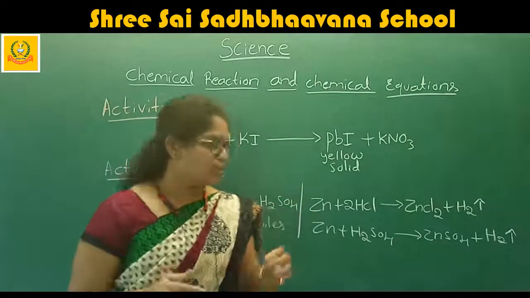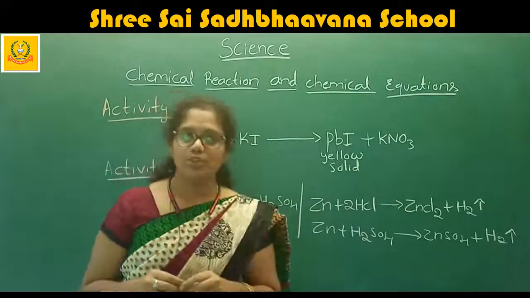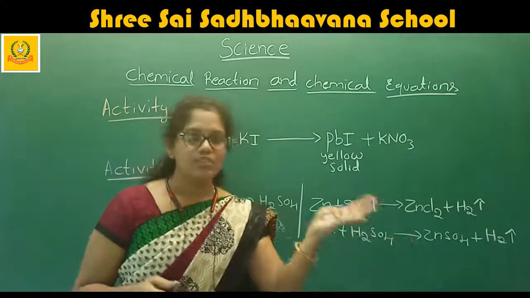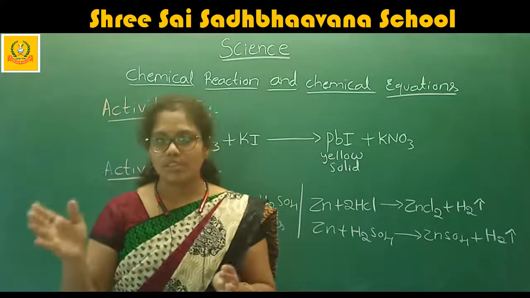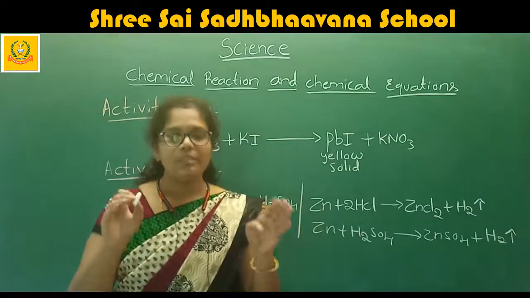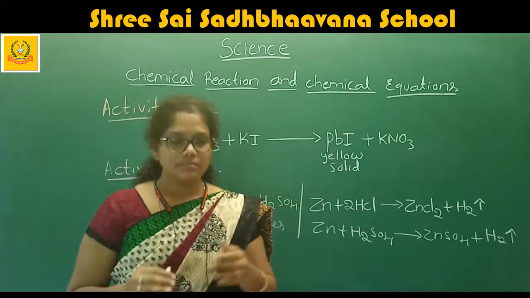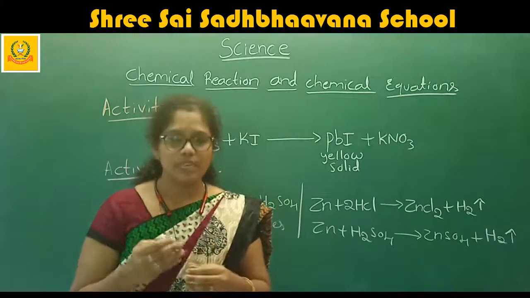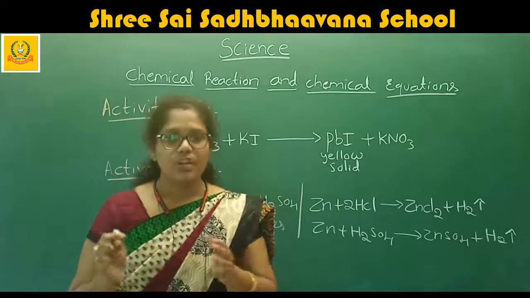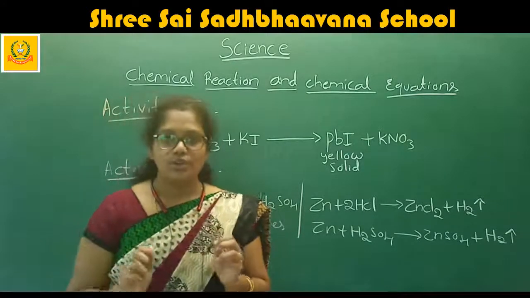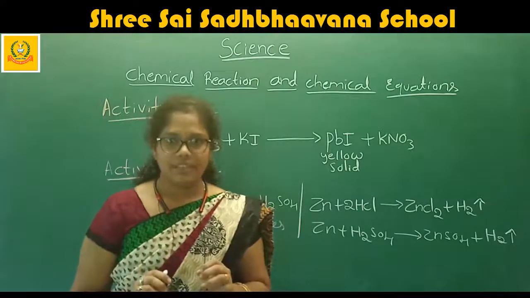I will show with an example how you are going to balance. The reactant side should have the same number as the product side. Therefore, reactant and product should be balanced. In the next steps, steps 4 to 5, you are going to do like this only. You take one of the elements in the reactant side and in the product side. Then you balance it.